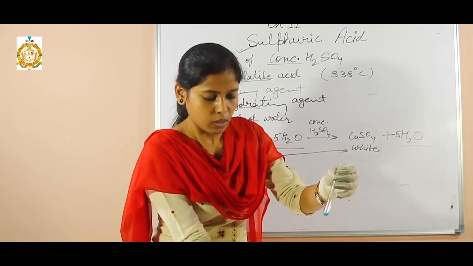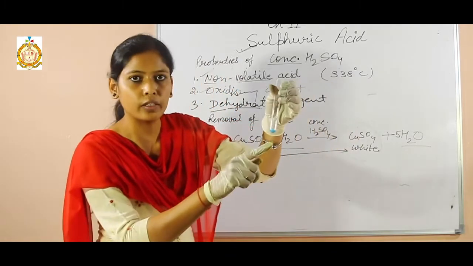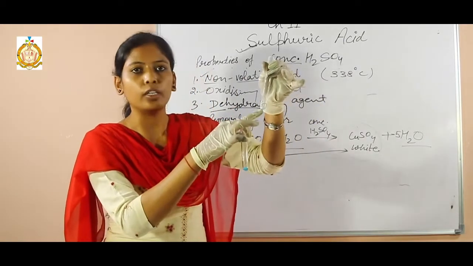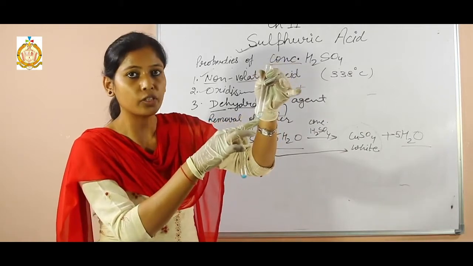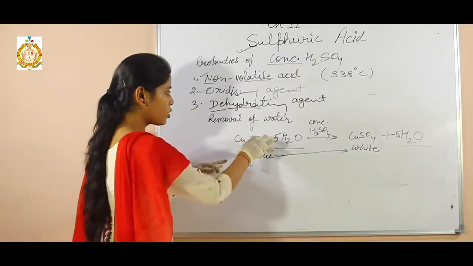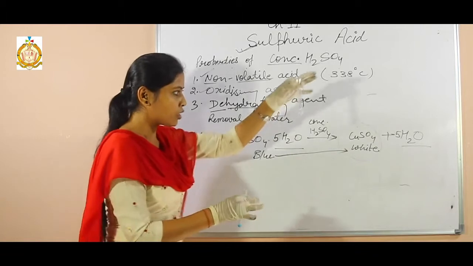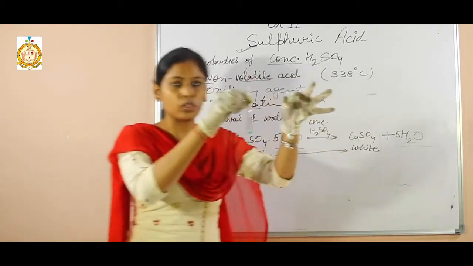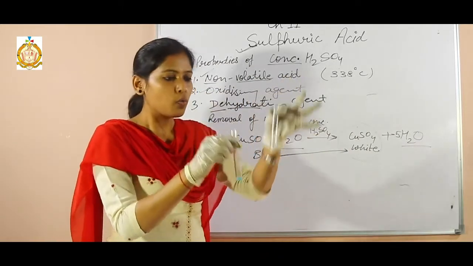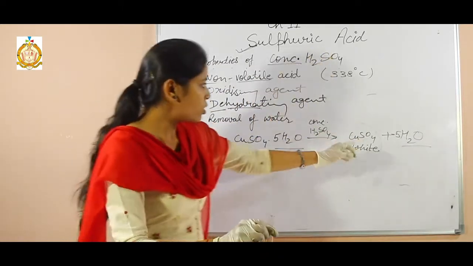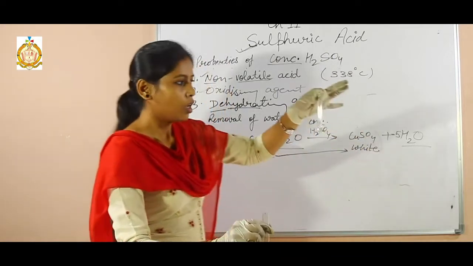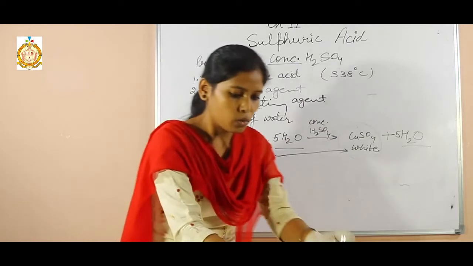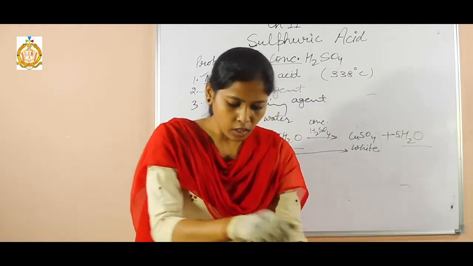See, now the color has faded a bit. So after some time it will turn into this white shade. So this one is copper sulfate pentahydrate, and this one is after addition of sulfuric acid. You can see the change between these. Okay, so why does it become white? Because it is now copper sulfate only. The water molecules are removed by sulfuric acid. So it is a dehydrating agent.